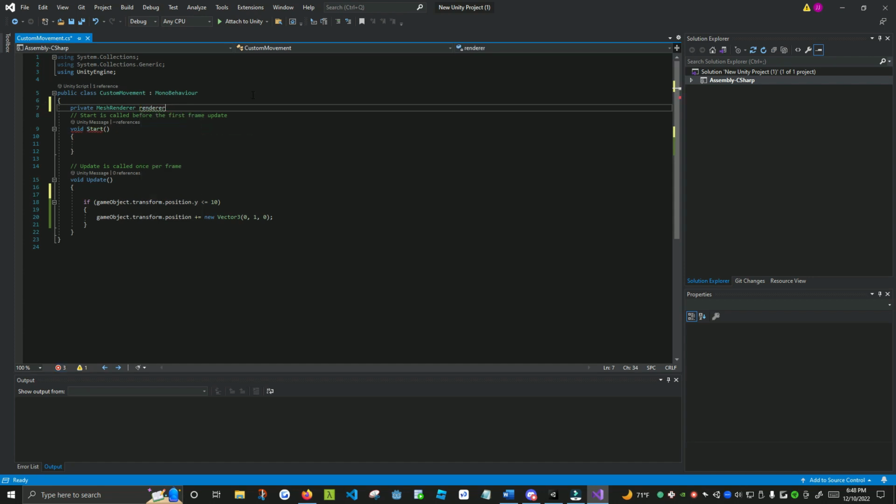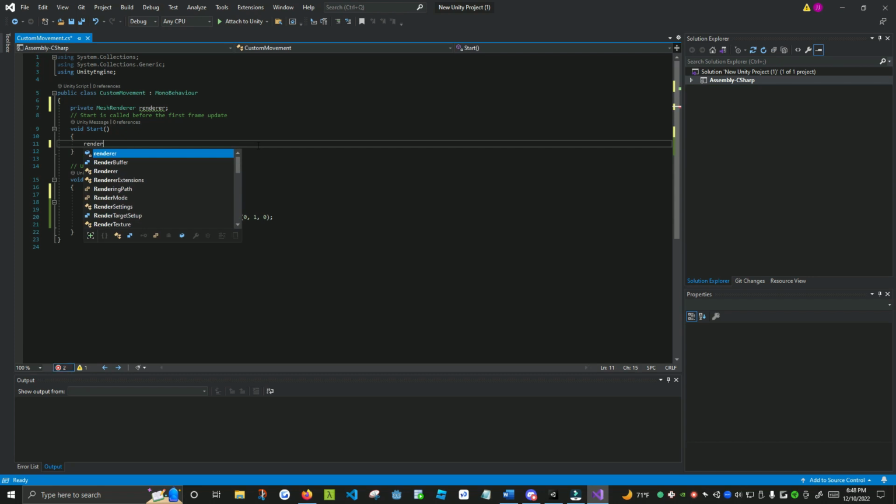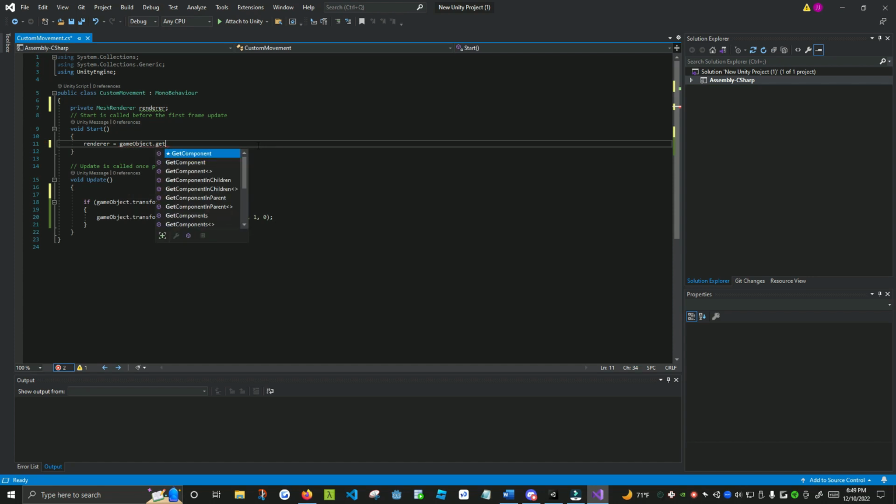Okay. And then it's going to be null for now. But then in the very first frame, I'll do my setup. So on the very first frame, I'm going to assign this equal to GameObject dot get component, and we do have to use this type